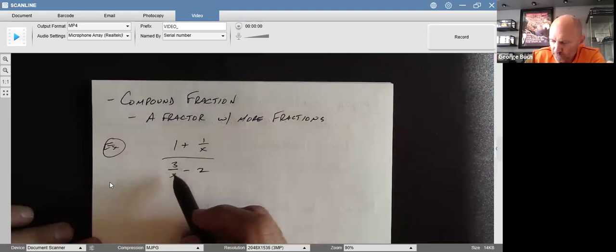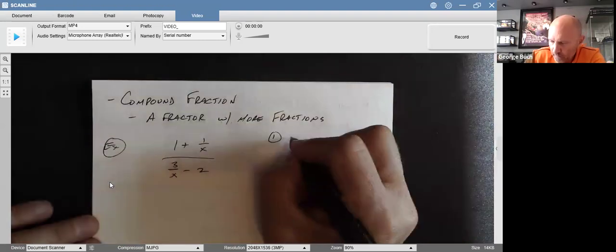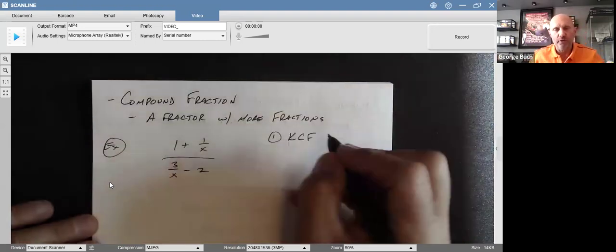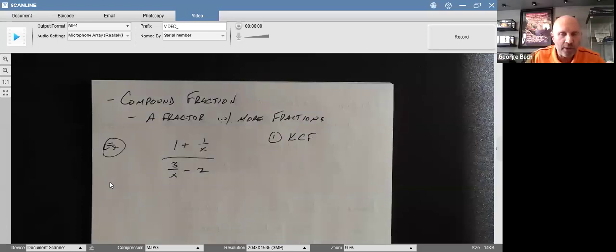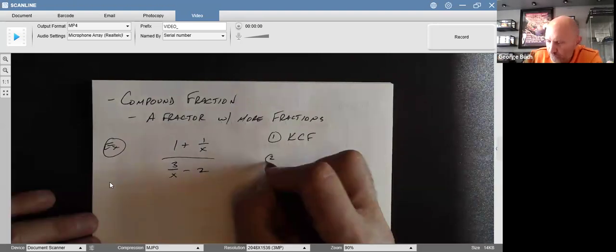So we have two ways to solve these. The first is like we did when we just had numbers. Combine the numerator, combine the denominator, keep, change, flip. So that's one way. That can get messy though, because depending what fractions you have, you could get some really messy fractions in the numerator and denominator. And then trying to keep, change, flip, you got all these polynomials all over the place that you're trying to keep track with. So another way we can do this, which cleans up this entire problem, is to first find